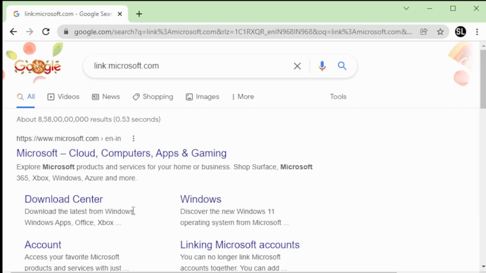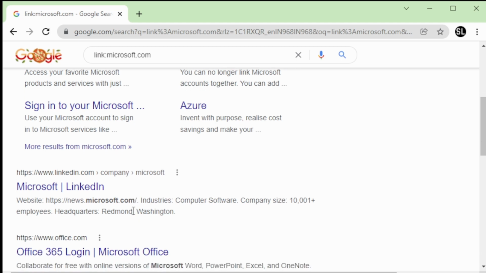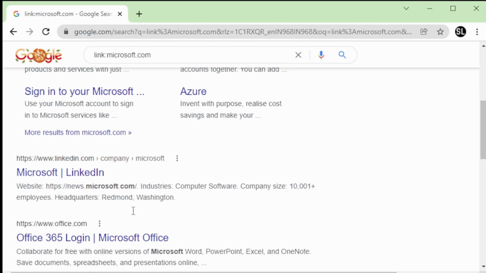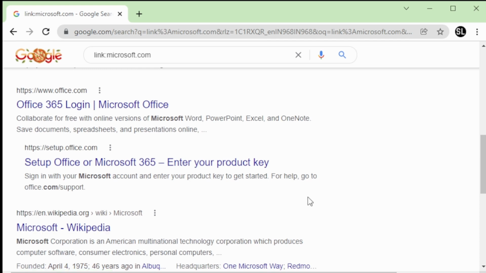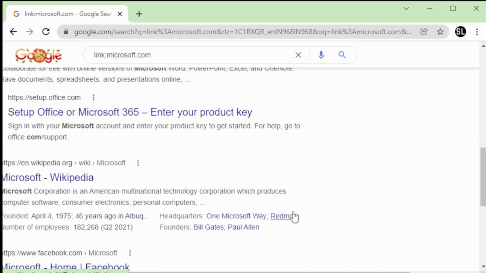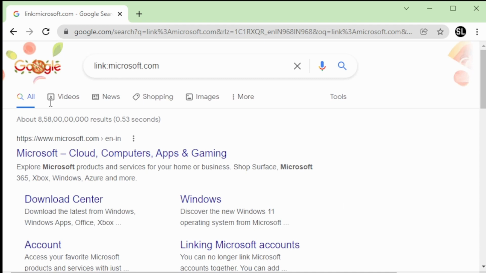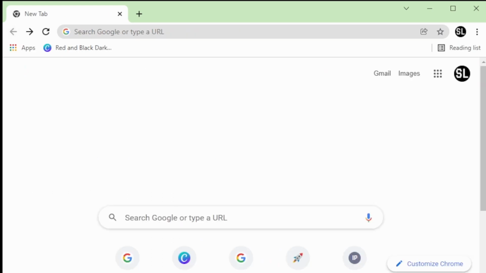Now this link operator is a more helpful one, with the help of which you can get to the social media or all of the places where Microsoft has its link, like LinkedIn, Facebook, Twitter, every other page that Microsoft is linked to, so that you can easily find where Microsoft is available other than its